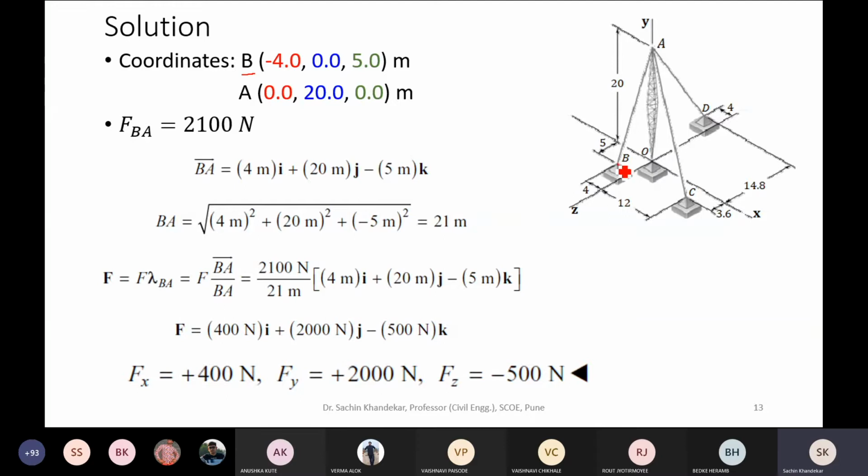Okay, so what about the coordinates of point B? So this is the point B. Origin is given here. This is the origin O. This is the positive x-axis. Vertically upward is positive y-axis, and this is your positive z-axis. So x, y, z, these axes have been defined in the problem. With respect to this positive x-axis, y-axis, and z-axis, you write the coordinates of points A and B. If you make any mistake while writing the coordinates, the whole problem will be wrong. Right? Fine.